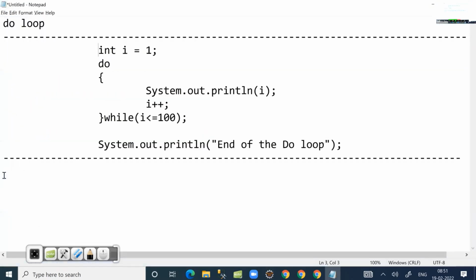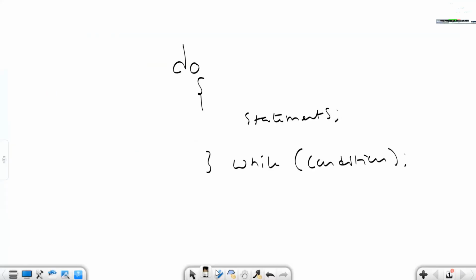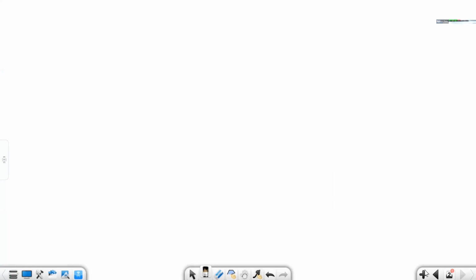Okay. Take the next one. For loop. Coming to for loop, you want to run the code for a specified number of iterations. I want to run the same code for 10 times, 20 times, a particular number of times. Then we have to go for loop, where you give a range. For